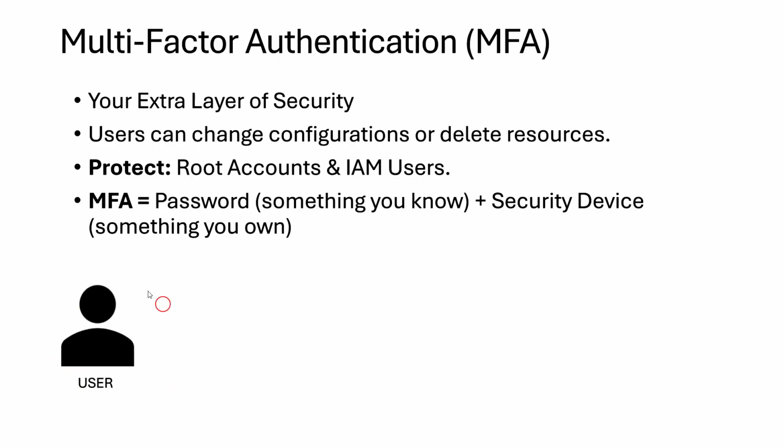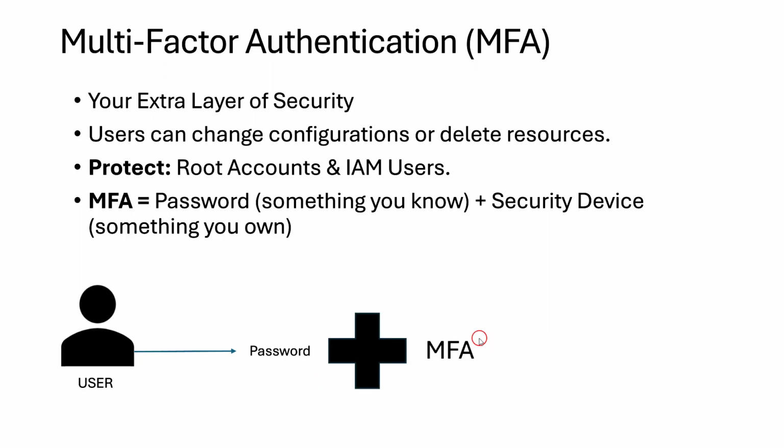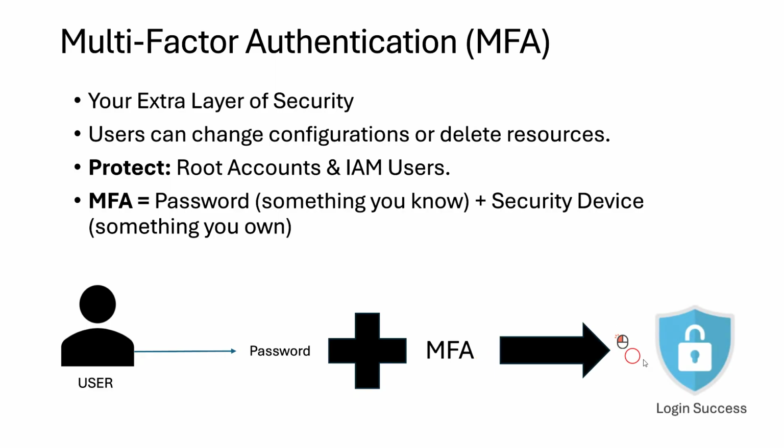Okay, so if you see this flow, you are a user, you are providing your password, and we are not allowing just a simple password, we are enforcing MFA. So if we enforce MFA, we have to provide a code now. Along with the password, the user has to provide a code, and by using these two, you are able to log in securely to your AWS account. So that's the advantage of using multi-factor authentication, and you are seeing these in so many applications nowadays, right? It's always advisable and recommended to use multi-factor authentication along with your passwords.